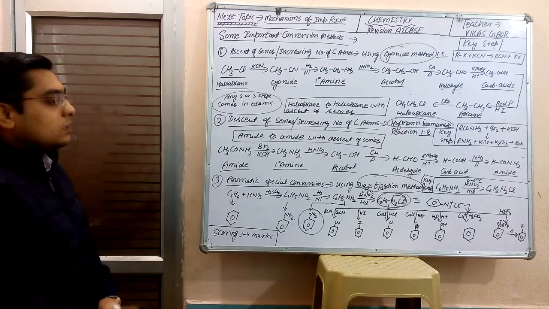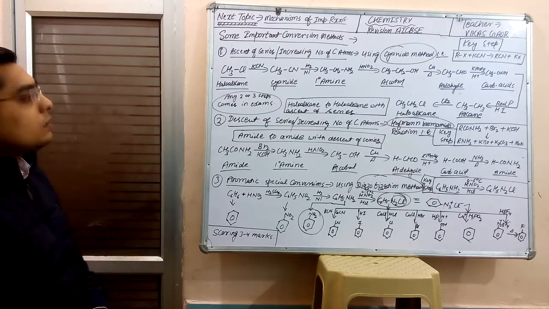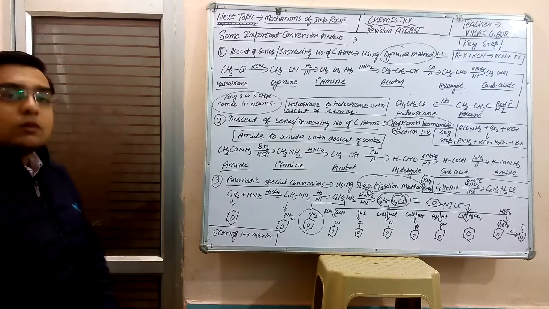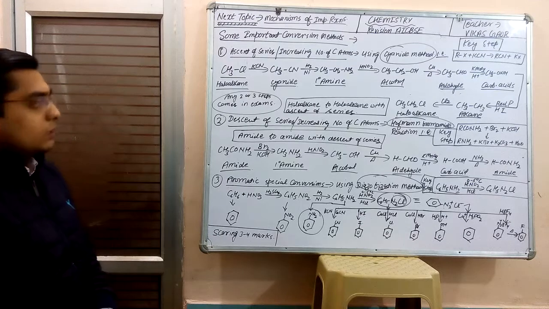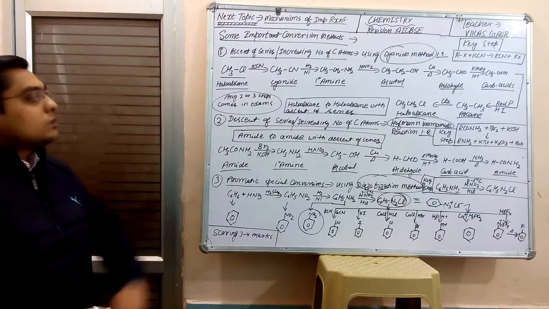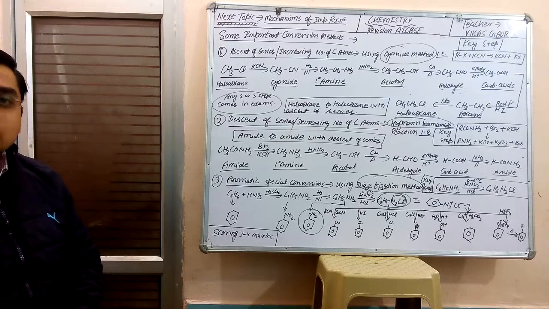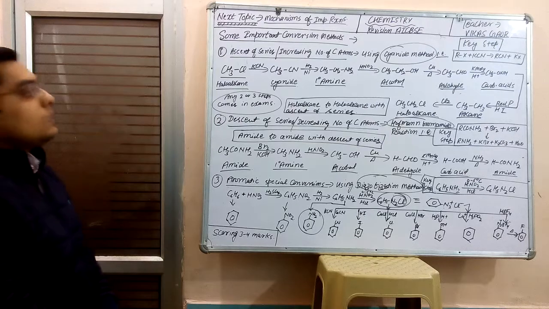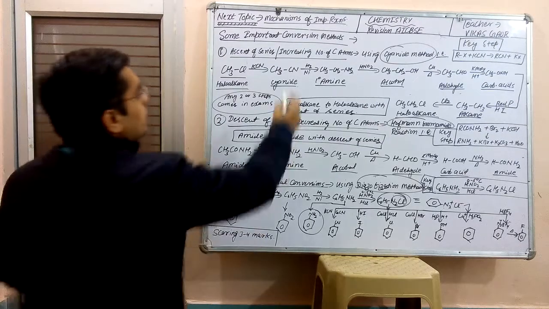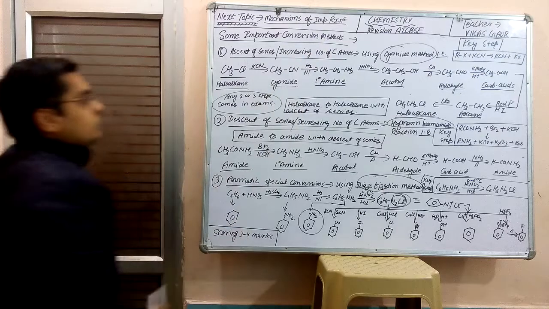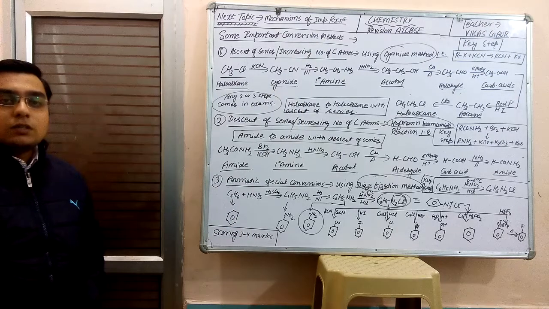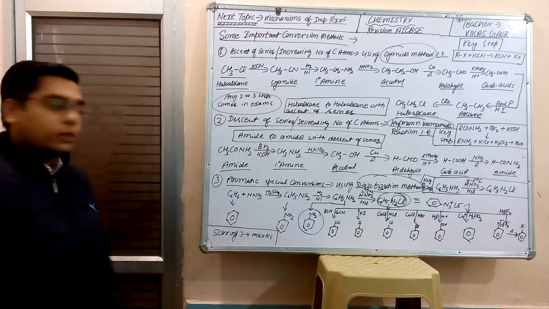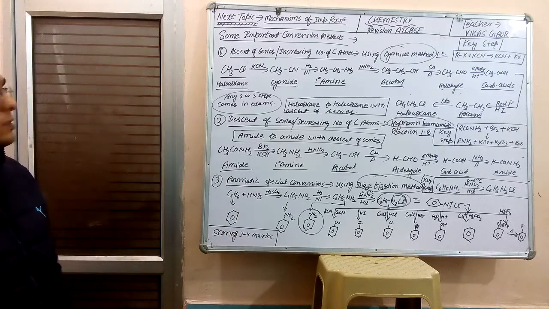Learn these three series, and if any question remains, means direct conversion with the same carbon atoms, then for that you have to learn some other reactions. But still I want to say that from these various reactions, conversions will be completed. So learn this, and our next topic, which also comes in exam, is mechanisms of important reactions. So in this video you can secure 3 to 4 marks by learning all this.